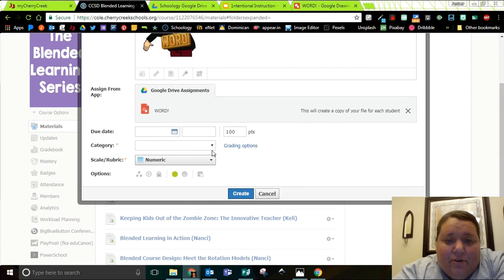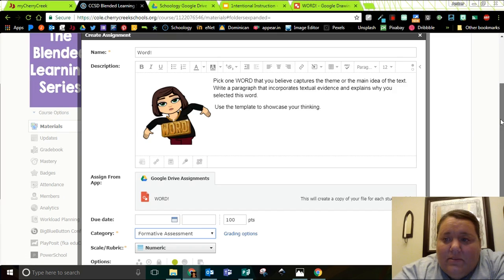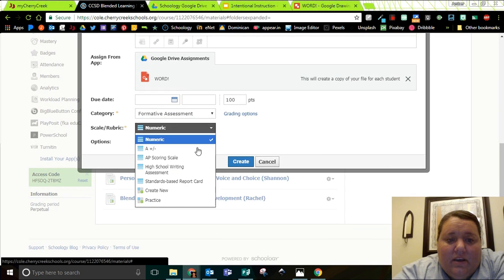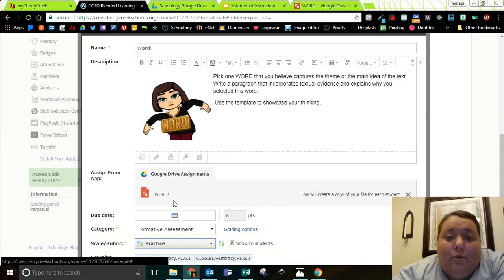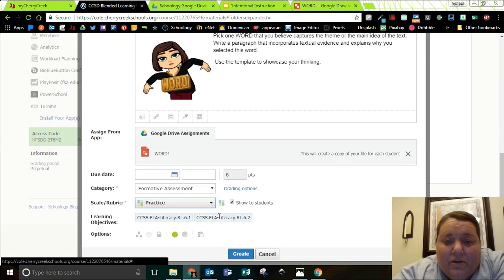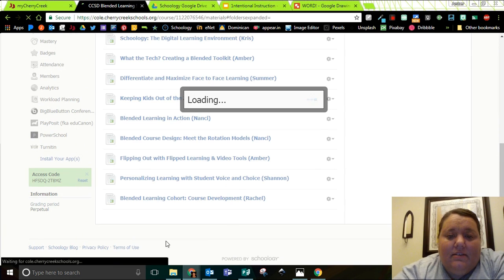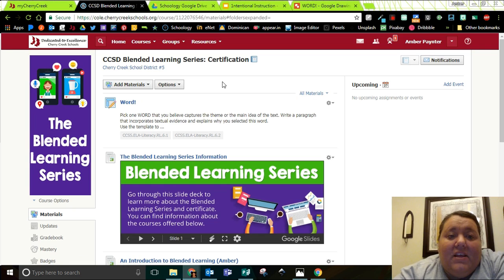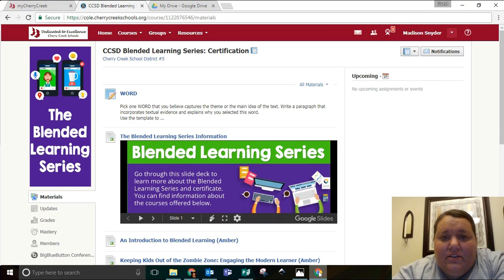And then I'm just going to real quickly come down here, say this is a formative assessment, and I'm going to pull in a rubric to go along with this. Side note, this rubric is attached to standard, so I'll be able to see it in mastery, which is going to be great. Okay, there we go. So now I'm going to switch over to the student side. So this student